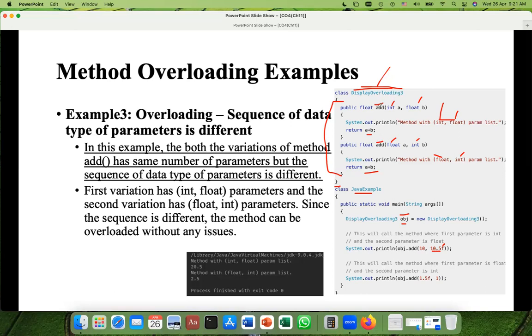It will search for the add. We have 2 adds here, but 10 and 10.5. So first is integer, second is float. So it will search this add, first is integer, second is float. And add, first is float, so it will reject the second one and it will accept this first one due to its sequence. First is integer, second is float. It will copy the value 10 here, 10.5 here. It will display this method with int float param list,